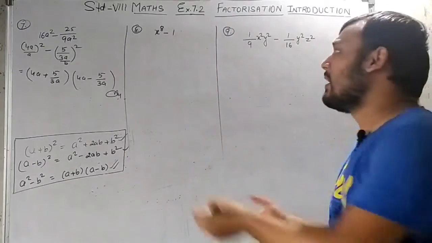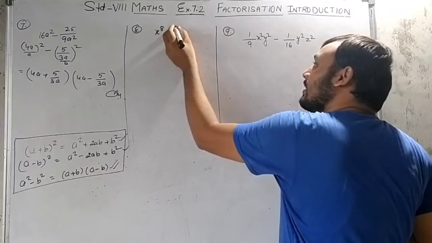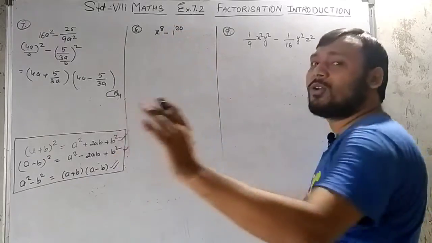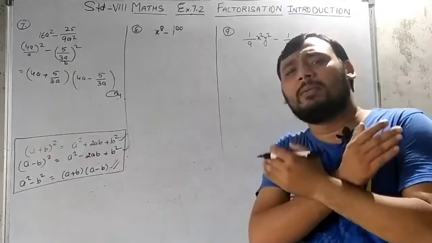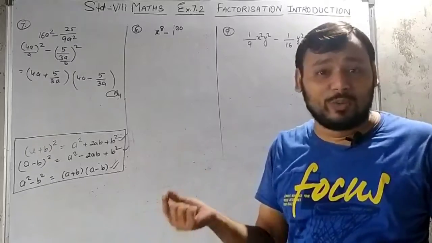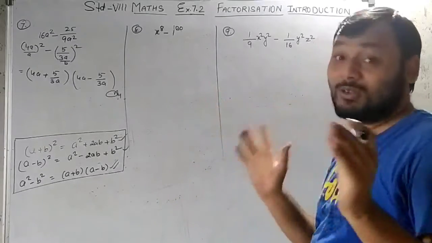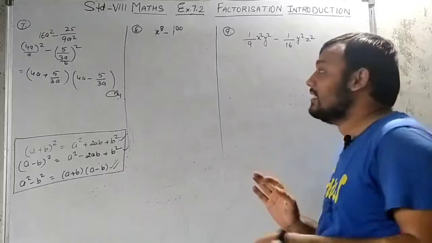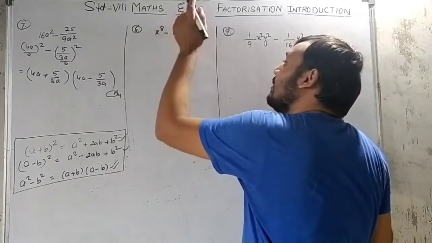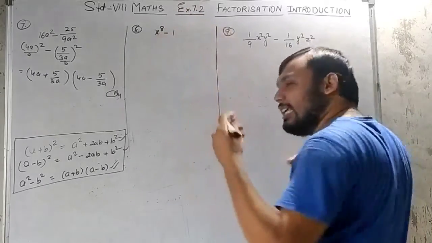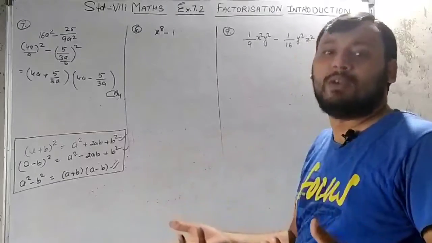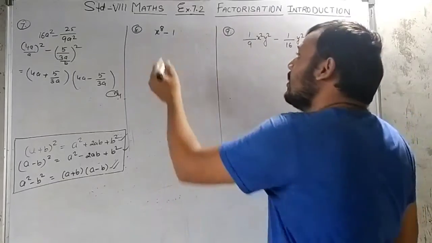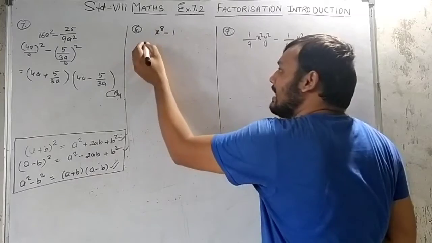1 की पावर कितनी भी आप लगा दो, यहां पे आप 2 लिख दो, 100 लिख दो, कितनी भी पावर कर लो, 1 को कितने भी टाइम यू कैन मल्टीप्लाई 1 so many times, finally you will get only 1, just only with 1 only, not with any other number. So that means we can write 1 in whatever form, in whatever power we want to put here. So first of all, we'll think about this x raised to 8.